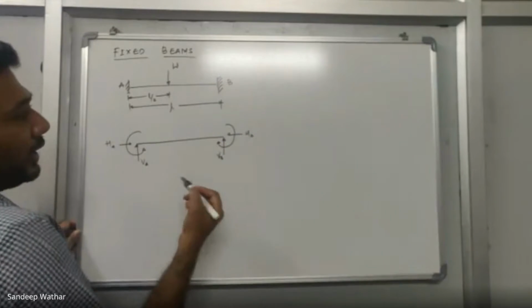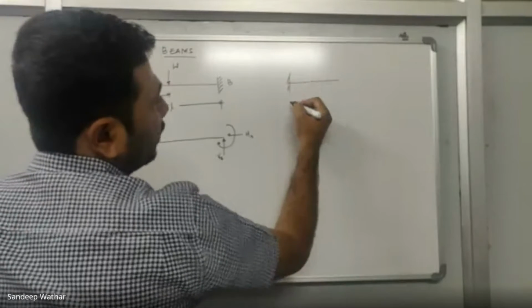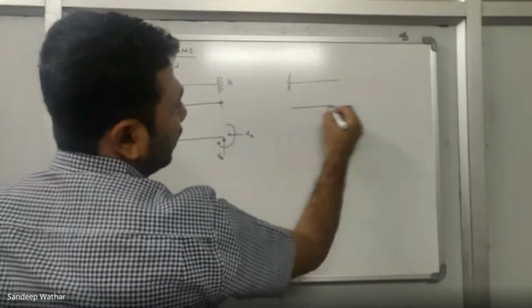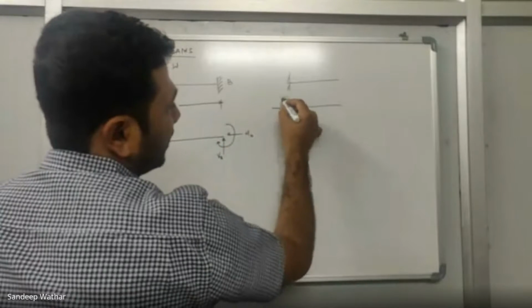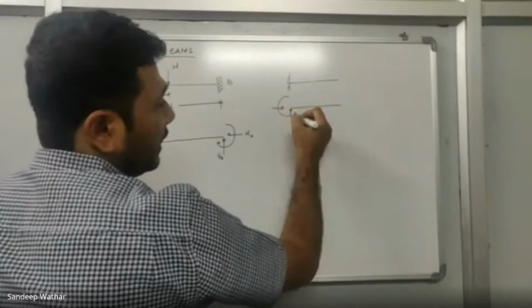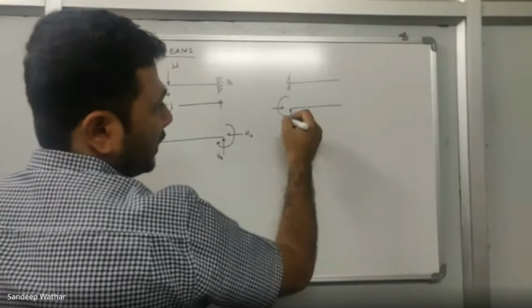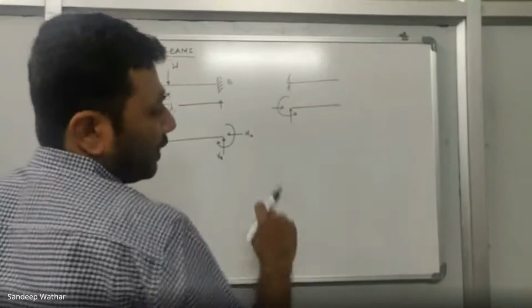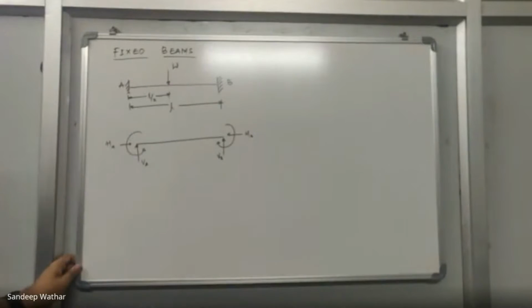As you know, in the case of a cantilever, I hope you all remember, if I tell you to draw the free body diagram of a cantilever, how did you draw it? You used to draw a vertical reaction, a horizontal reaction, and then a moment reaction. So basically, on a fixed side, we have three reactions: vertical and horizontal, and the other one is the moment reaction. Now I'll try to eliminate two of the reactions.